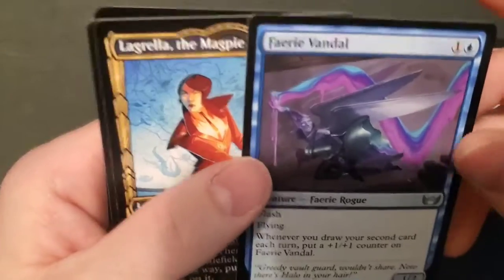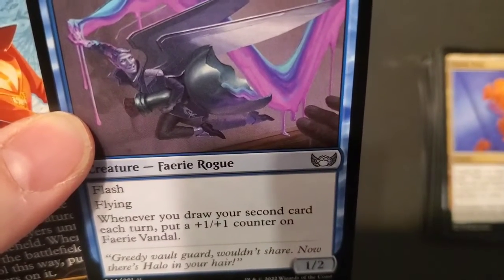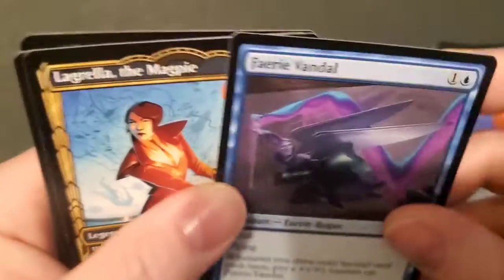Fairy Vandal. We've seen Fairy Vandal, right? One and an Island. It's a 1/2 Fairy Rogue with flash and flying. Whenever you draw your second card each turn, put a +1/+1 counter on it. So yeah, that's a pretty nifty one. Too bad it's not for every card, but...